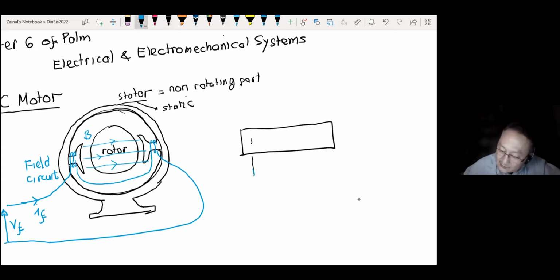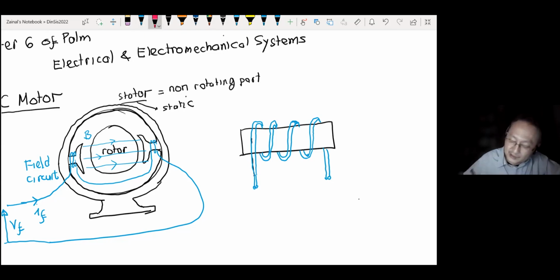Now you make a coil something like this one, then rotate from here to here, rotate there, and then rotate again, something like this one. Okay, and then rotate, this one is one, and then rotate this one, something like this one. Okay, and then this one is the coil, something like this one.